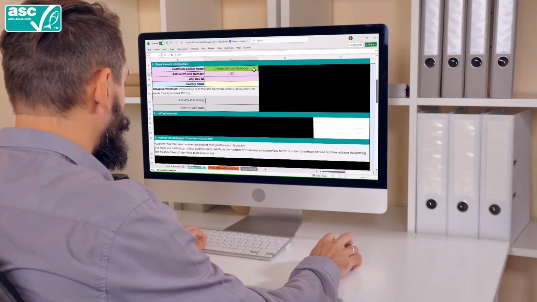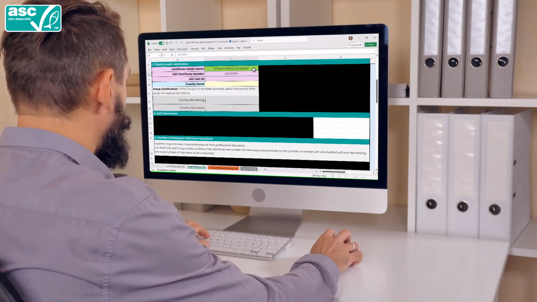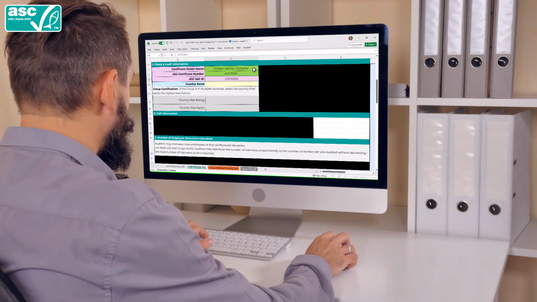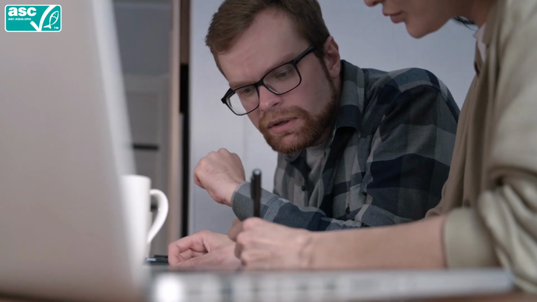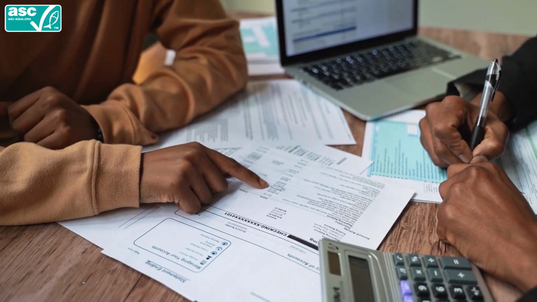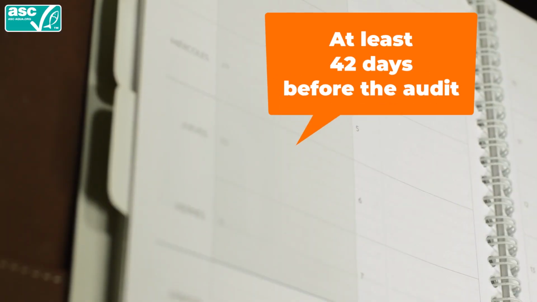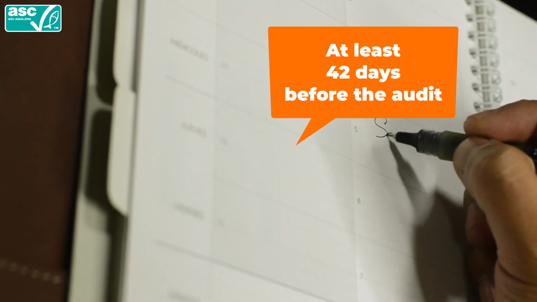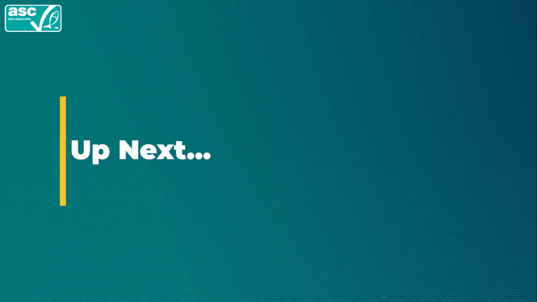And that's it. You should now be able to use the audit planning tool to plan farm and feed audits for single-site units of certification. The output of the tool will help a CAB in allocating the appropriate auditor and travel resources before the audit must be scheduled and announced. A small note: the best time to use the audit planning tool is more than 42 days before an audit. In the next video, we'll learn how to use the audit planning tool for multi-sites.